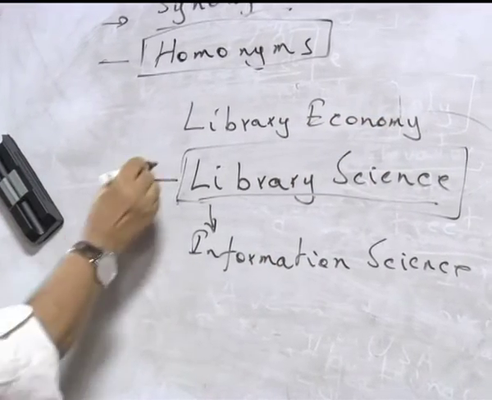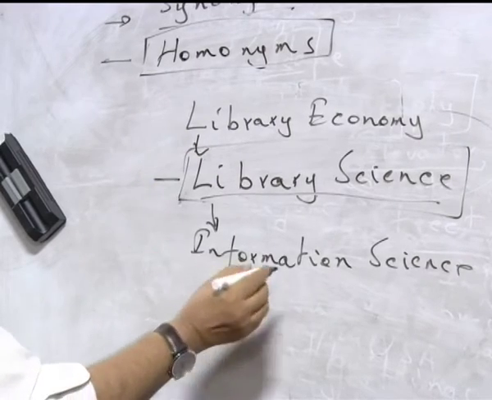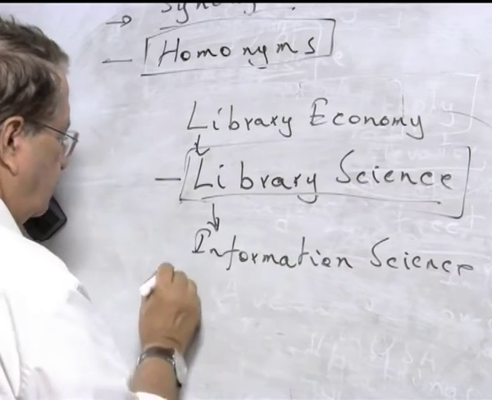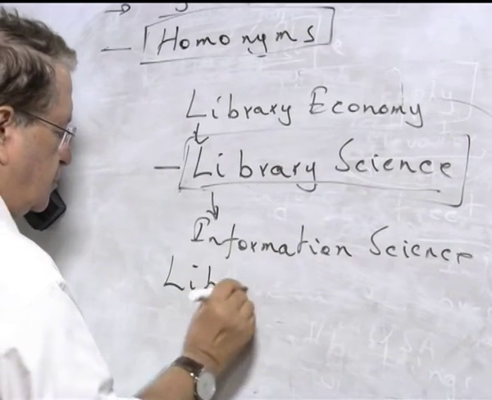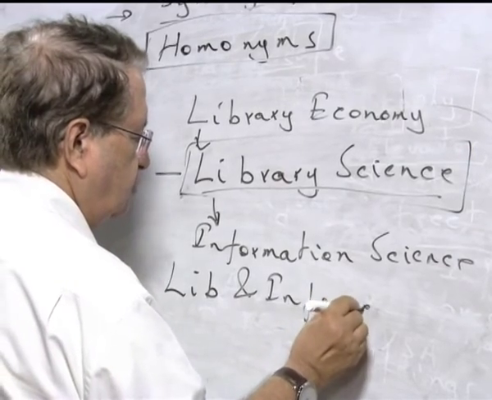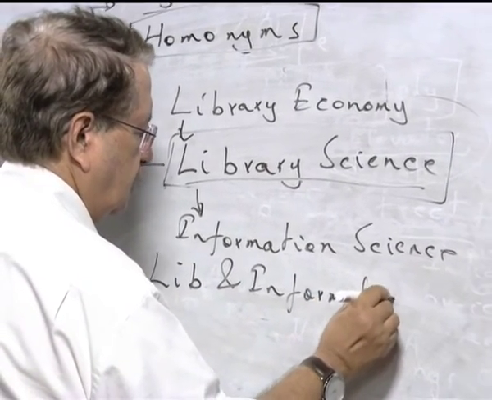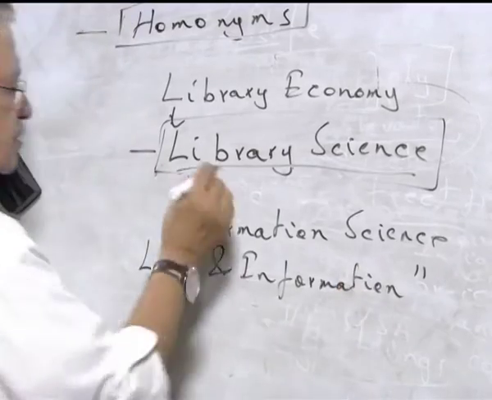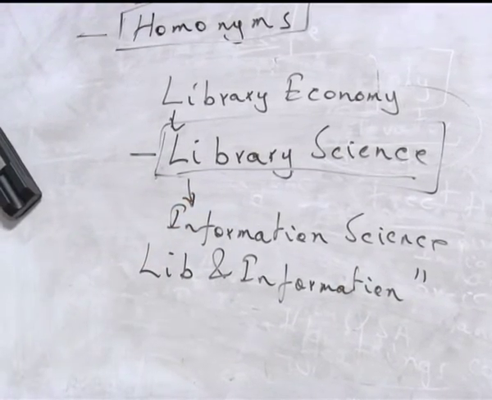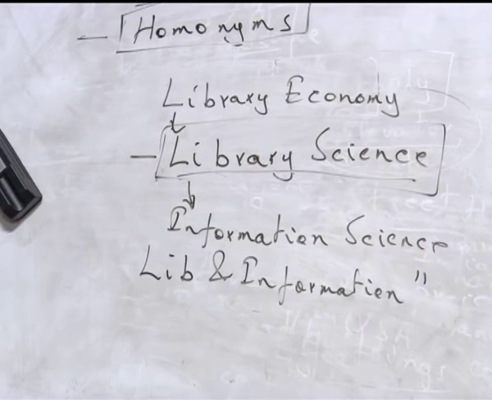Library economy changed to library science, changed to information science, and then it became library and information sciences. But till the time that information science was separately accepted, the term library science meant also information science. So, that is why it is important for us, I keep on repeating that point,